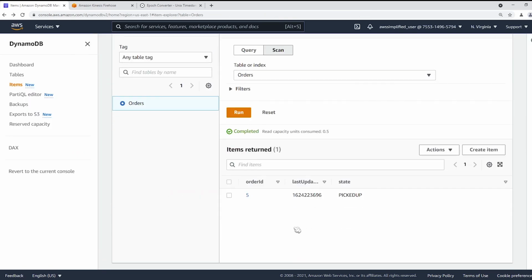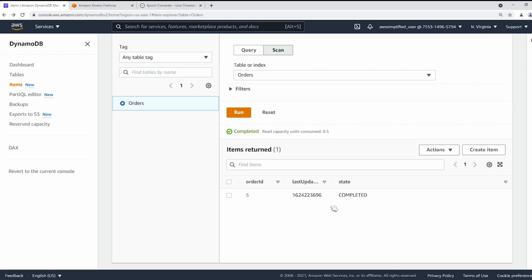And like I mentioned in my previous video, if you're coming to do a post-mortem here and you're looking at this record, all you see is that it's completed. You don't see any of those other state transitions, which can be a problem. Of course, I didn't update the last updated date, which is kind of a miss on my part, but you get the idea of what's going on here.